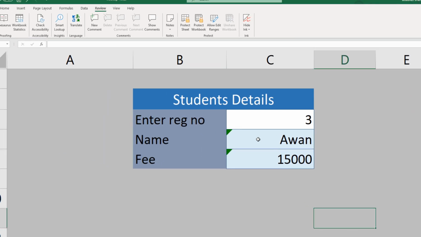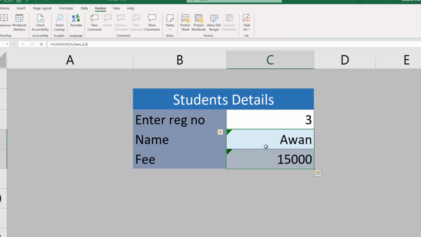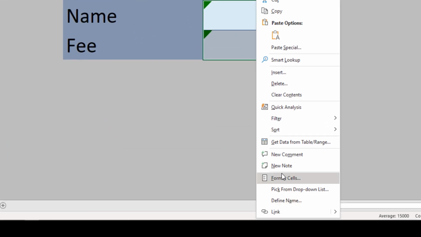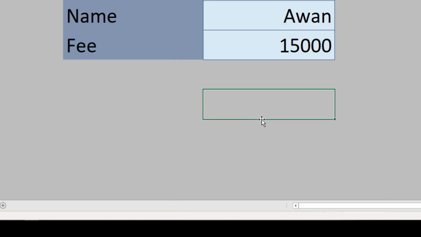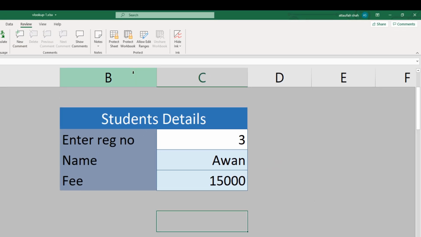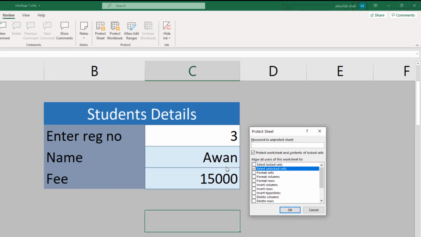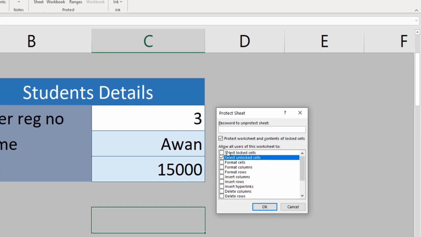and then we make these two cells locked. We go back to Format Cells and we lock them. After locking them, we then protect the sheet and we remove the option Select locked cells.